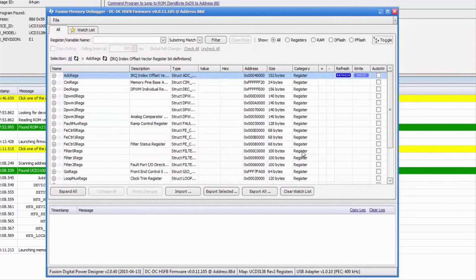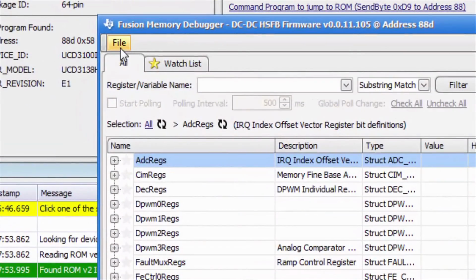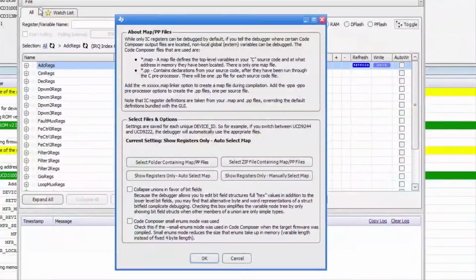To load the memory map for the variables used in your program, select File, Change Map in the Memory Debugger. When the Change Map dialog box appears, select the folder containing the map and PP files for your project.